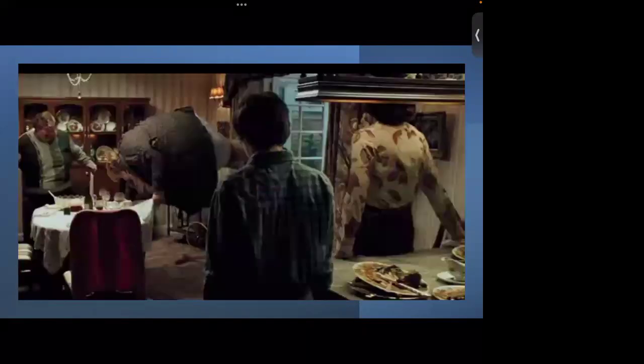The next stage is practicing, because Uncle Vernon tries, right? When you practice, you try to do something. He tries to get her down. Actually, in the scene of the video, it's pretty pathetic. He doesn't really do too much. But anyway, I think the book gives it a little bit of a better effort. But Vernon is practicing, trying to get her down. That's the practicing stage. Ultimately, he's not successful, and Marge is floating away.